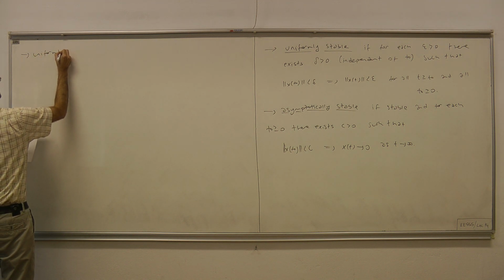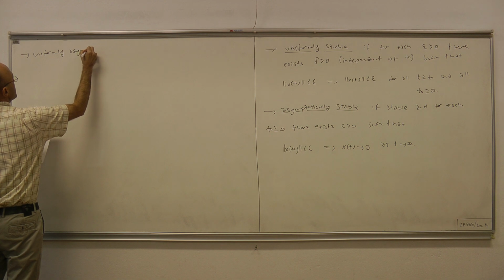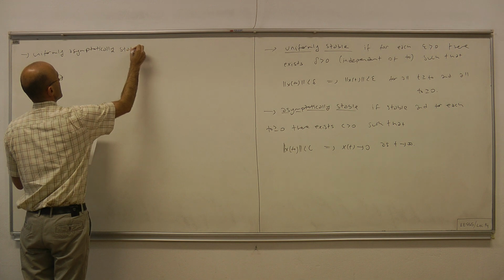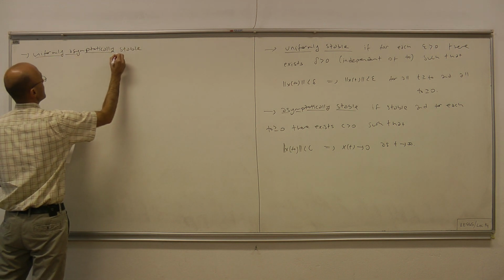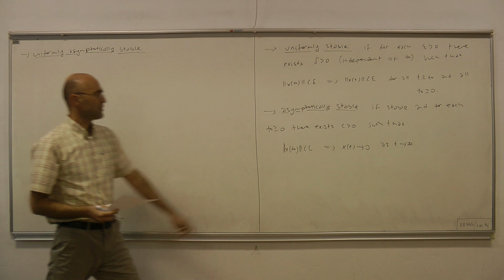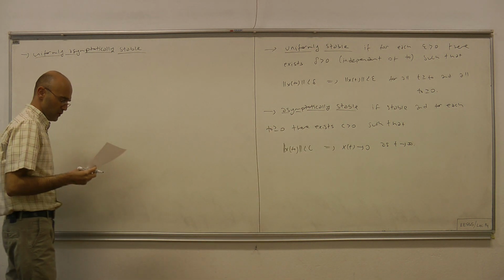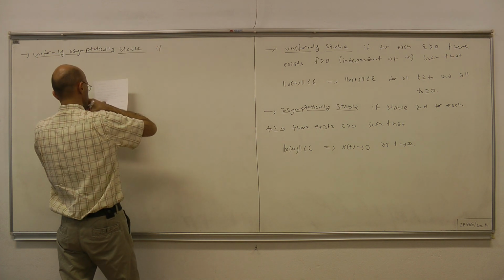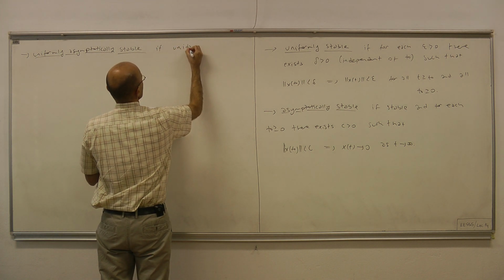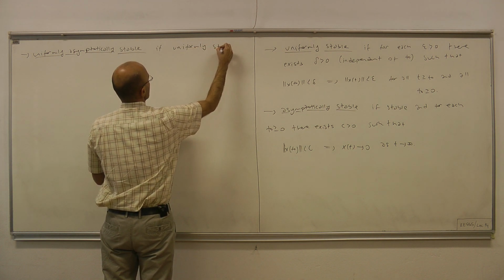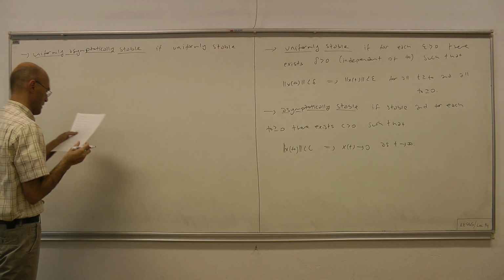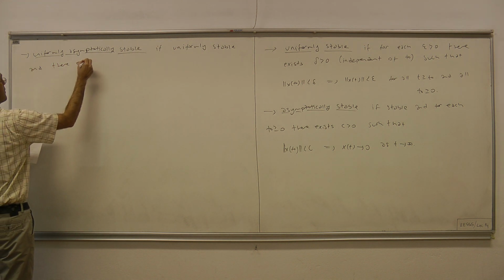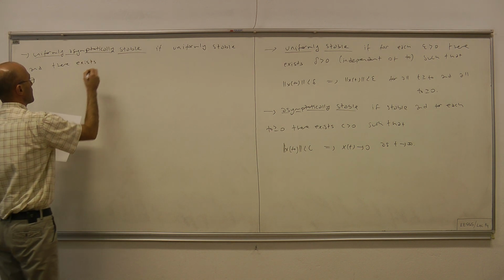The origin is uniformly asymptotically stable if it's uniformly stable and that c doesn't depend on the initial time. Okay, if it's uniformly stable and there exists c